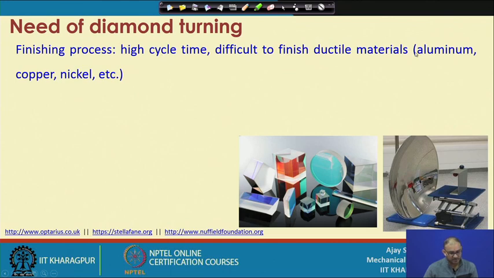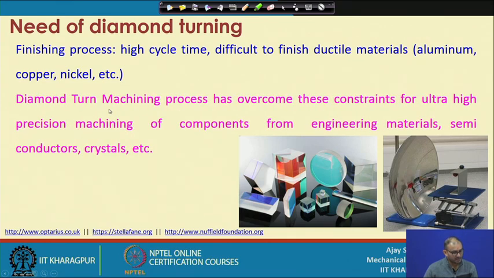Difficult to finish ductile material, because when you finish ductile material, chip formation is very difficult because of this ductile nature. It will actually do mostly the plowing instead of shear cutting. So, copper, aluminum, nickel, these materials are very difficult to polish by this type of finishing process. The diamond turning machining process has overcome these constraints for ultra high precision machining of components from engineering materials, semiconductors